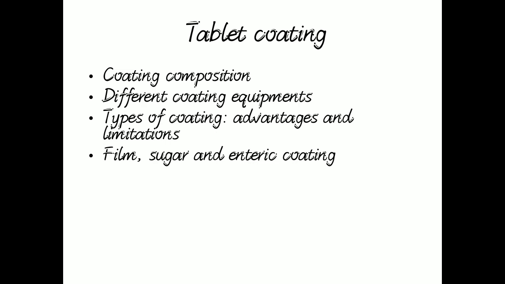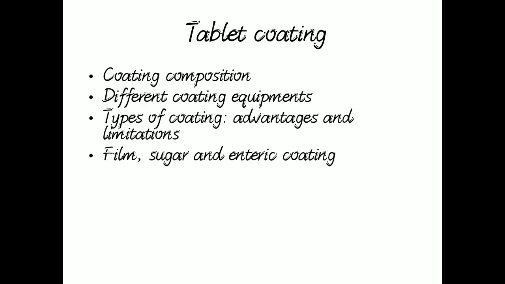Another very important aspect is the coating of tablet. Okay, what are the different compositions of the coating? Why do we do it? Basically, for the sugar coating, for masking the odor and the taste of the particular API, and in the case of film coating, to protect that particular tablet from damage from the environmental conditions. Okay, and enteric coated so as to get disintegration or the effect at a particular site, especially in the intestine, not in the stomach. So that is a basic purpose, and the composition is actually the